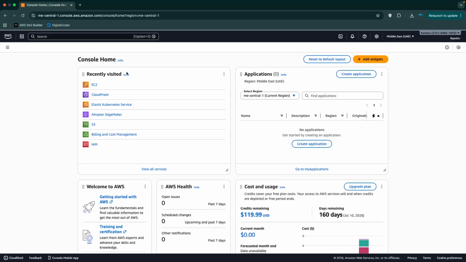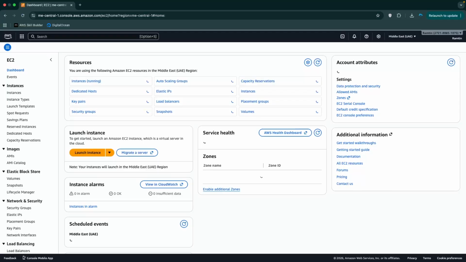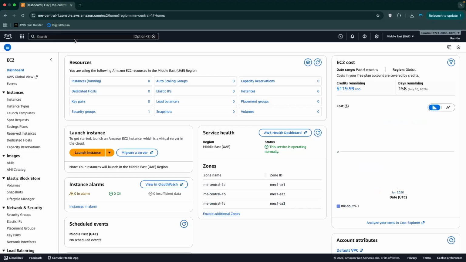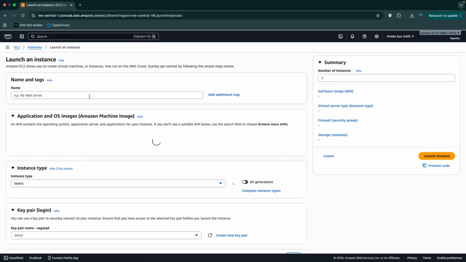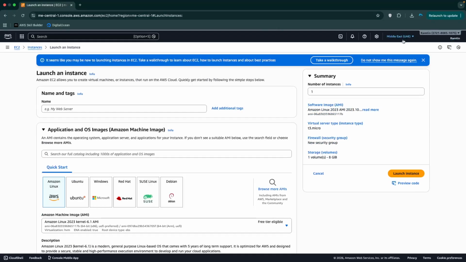If you use the EC2 service once, you can see it under this recently visited box. But also you can just search EC2 and open its console. Here you can see my EC2 console inside my AWS account. We need to create a new instance. So click on launch, and if I want to change my region for this server, I can just click here